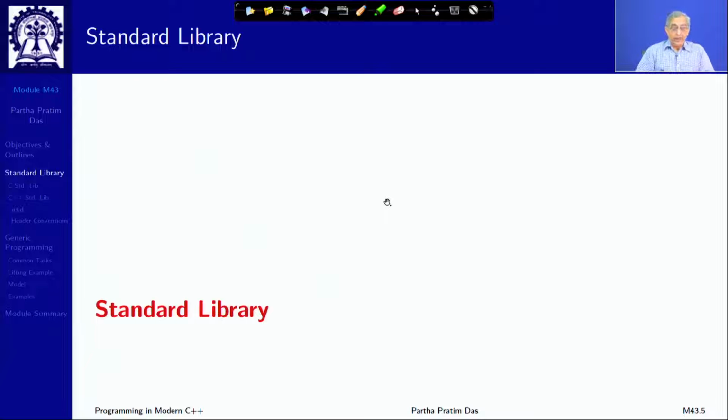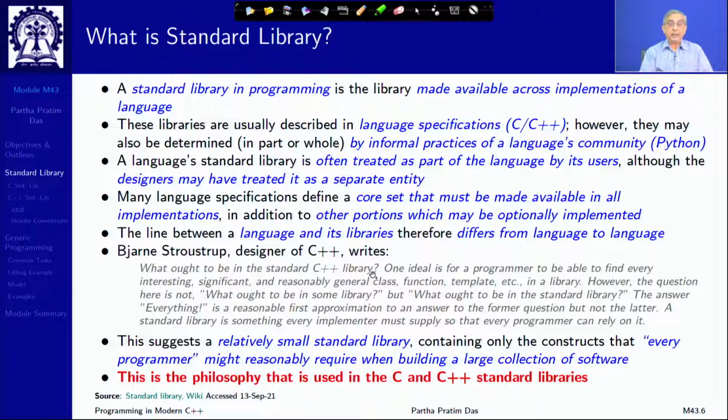So, just to quickly recap, what is a standard library? A standard library is a collection of functions or classes, typically templatized, which are made available in addition to the core language. The core language has a lot of features, as we have already studied. At least all major features of C++ 98, C++ 03 we have already studied. We will do some more for C++ 11. But in order to